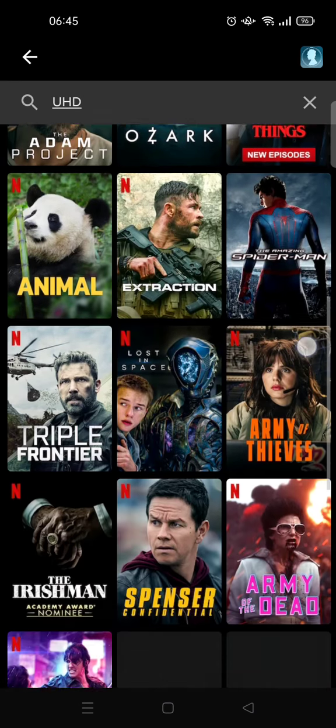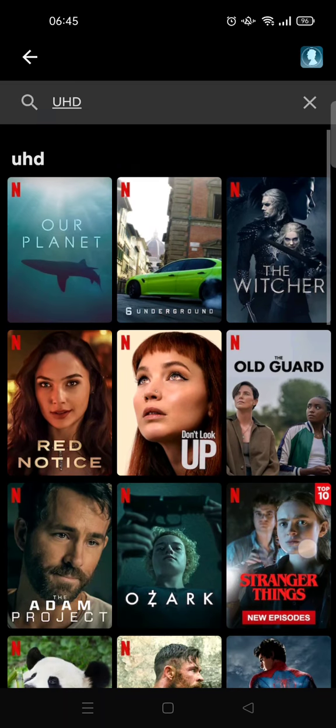So like this, it will show up the movies or shows with UHD quality. Okay, so that's all for me. It's so